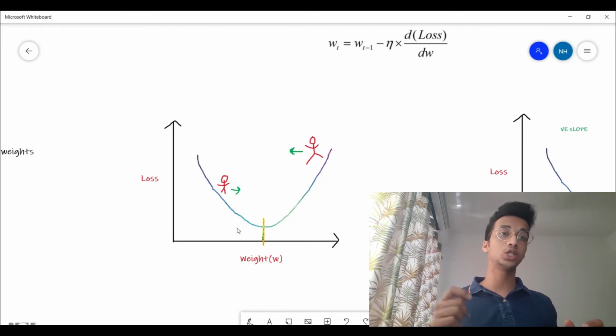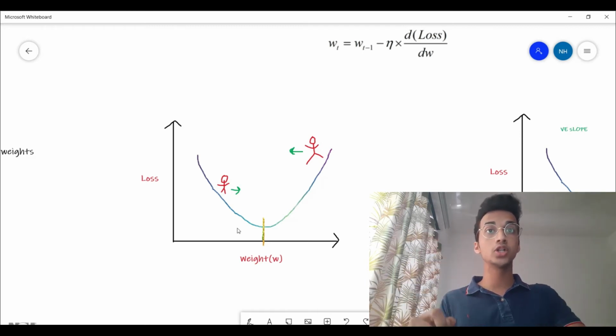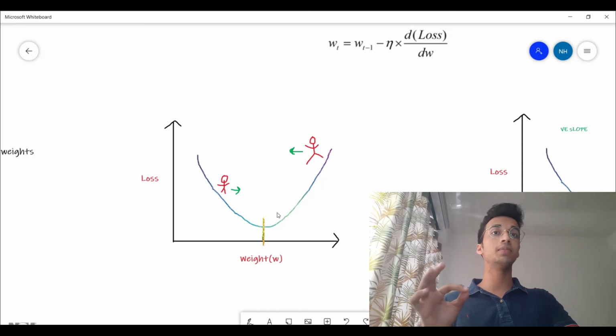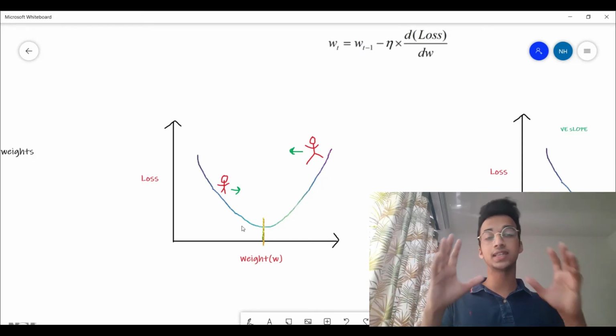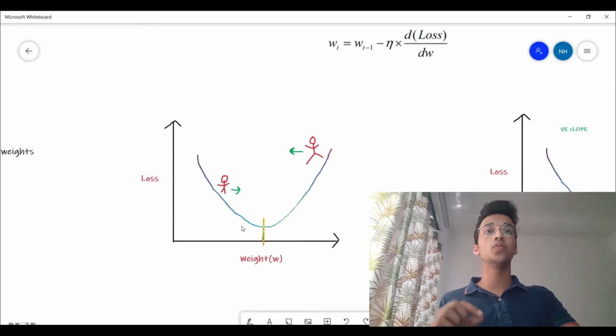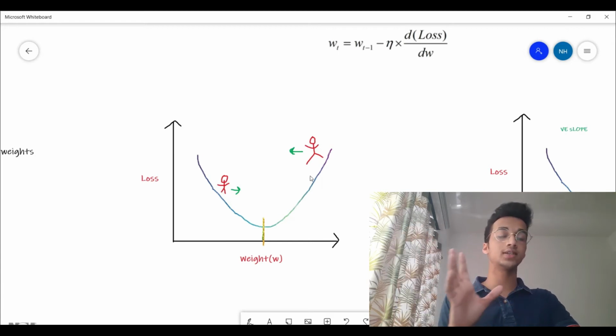But because we cannot visualize that, I'm taking a two-dimensional graph for simplicity. Also, this curve that you see is always going to be convex, which means it's going to only have one minima, because most loss functions are designed such that they are convex functions. So you can safely assume that most of the loss functions that you're going to use are going to have a curve looking like this.